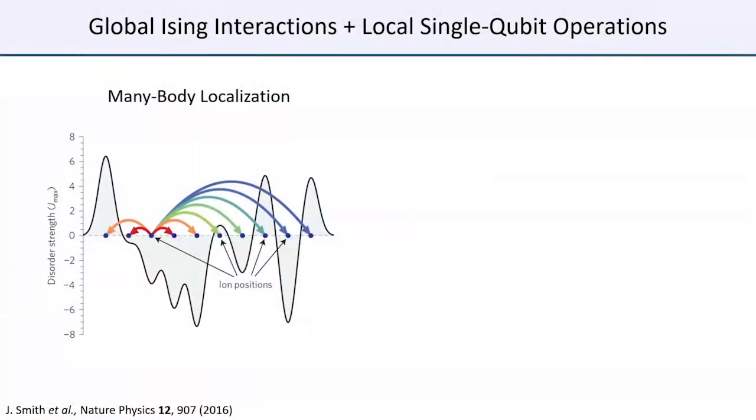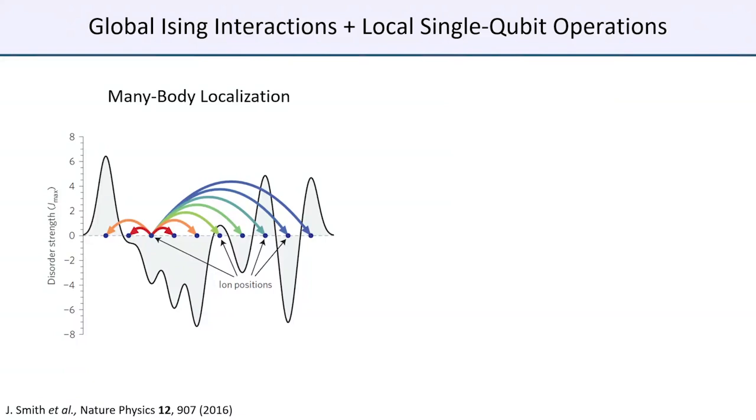In this first case, this is a study that we did back in Chris Monroe's group a few years back, where we started looking at the many-body localization of quantum systems. You should think of an Ising interaction, so you have interactions between all of these different spins, which are fully connected. And then, kind of competing with these interactions, is site-dependent random disorder. This potential landscape tells you about the random disorder strength interacting with these ions, and then you see these really interesting many-body localization effects where